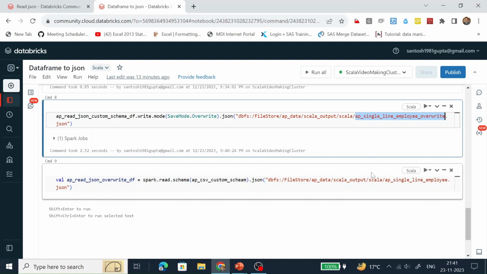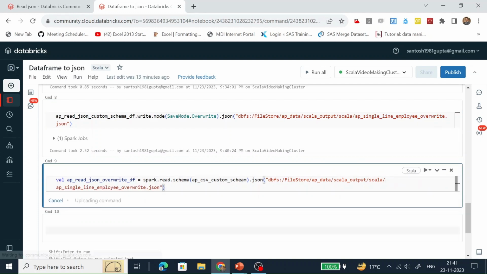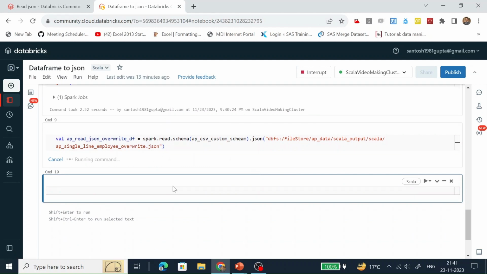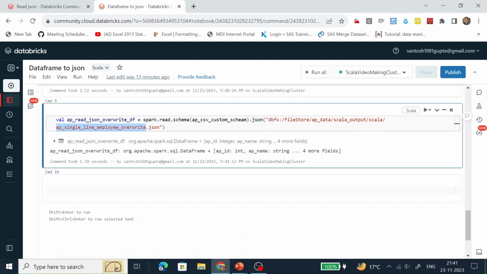So let's go and read it. Let's run this code. This JSON document has been read successfully, and all the data is present in this data frame.